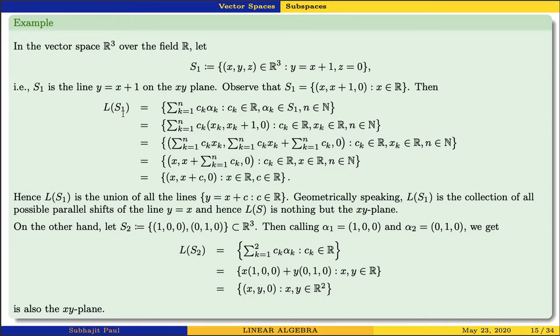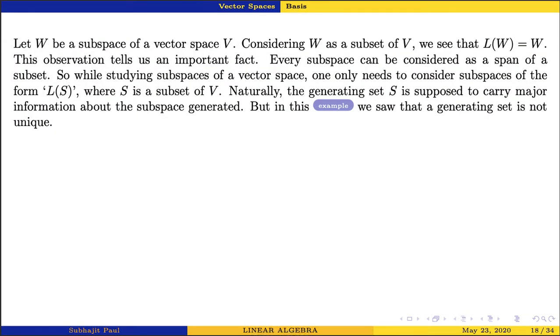Fine. We found out that the linear span of S1 is nothing but the xy plane. Now, on the other hand, if we consider S2 to be this particular set, the unit vectors along the x-axis and the y-axis, then the linear span of S2 is also the xy plane. So this was our example. Now let's go back to our discussion. So in this example, we saw that a generating set is not unique. Both S1 and S2 in that example were generating the same span,